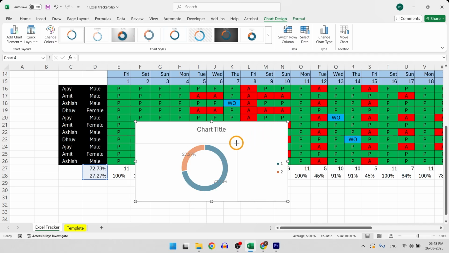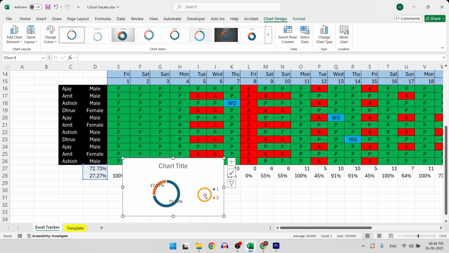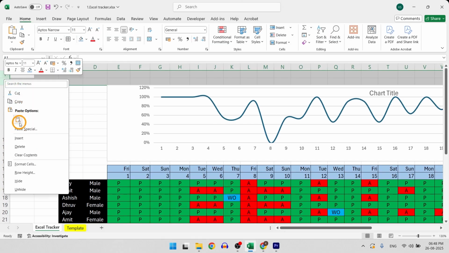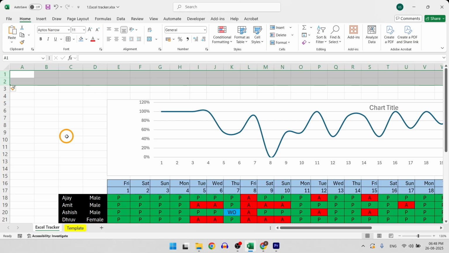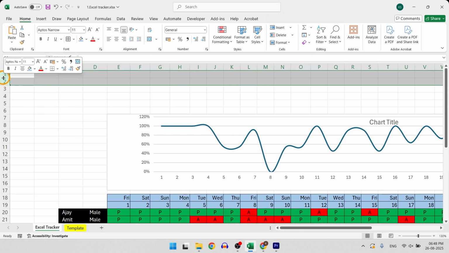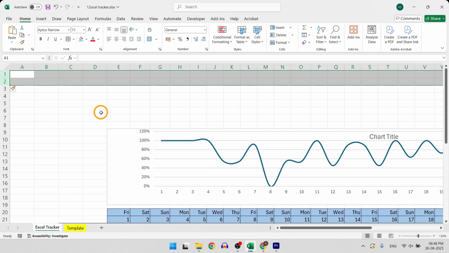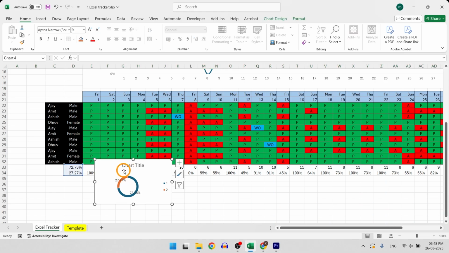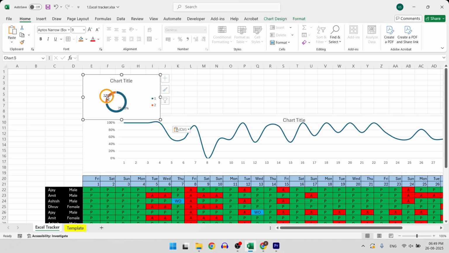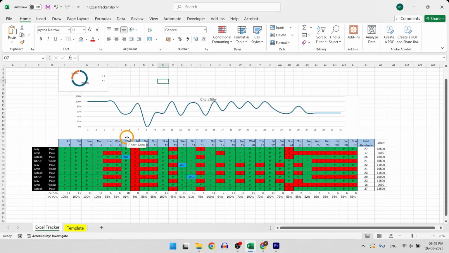I will move this chart to top so it integrates into the dashboard, similar to our template. So I will insert some lines over the top and then simply cut and paste the chart to top. And that's how you combine these elements to build the technical backbone of this tool.